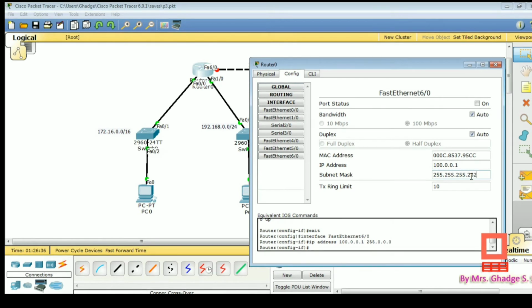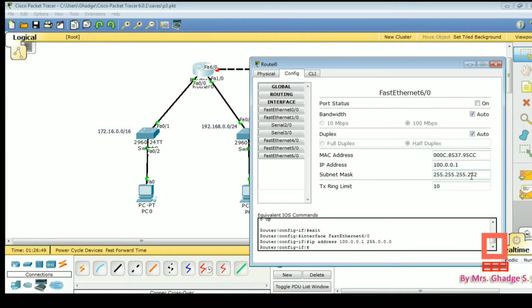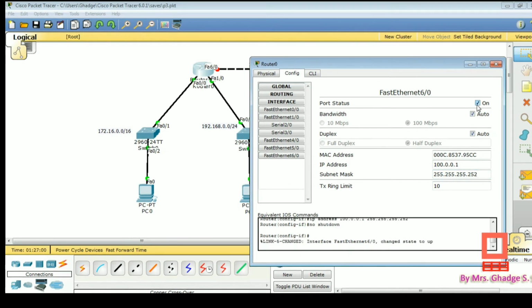That means we have to make 30 bits 1 and just the remaining 2 bits 0. Okay, out of 32 bits, 30 bits are 1 and the remaining 2 bits are 0. That's why the subnet mask is 255.255.255.252. Make port status on.